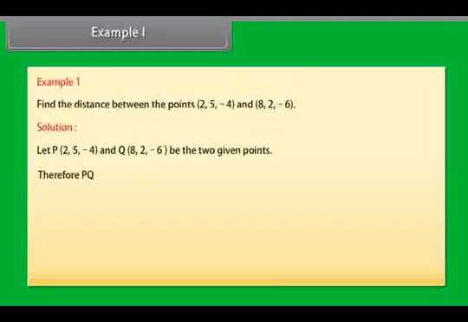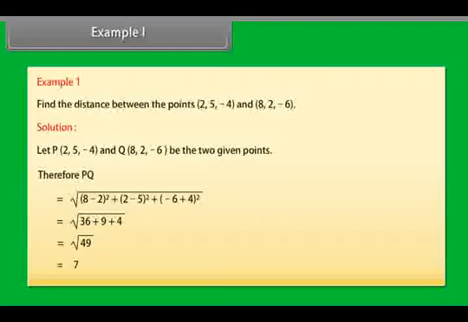Therefore, PQ = square root of (8 - 2) square plus (2 - 5) square plus (-6 + 4) square = square root of 36 plus 9 plus 4 = square root of